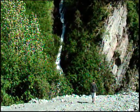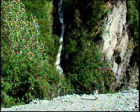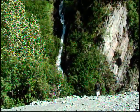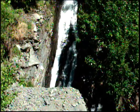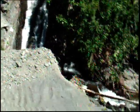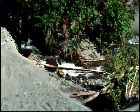Look how tall that is. Look how small Bobby looks. And here's the bottom of this fall. Coming right in, and going right into...